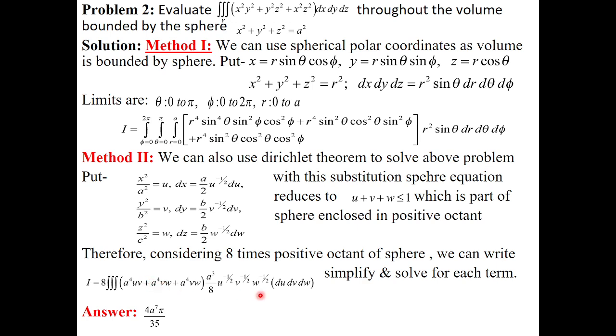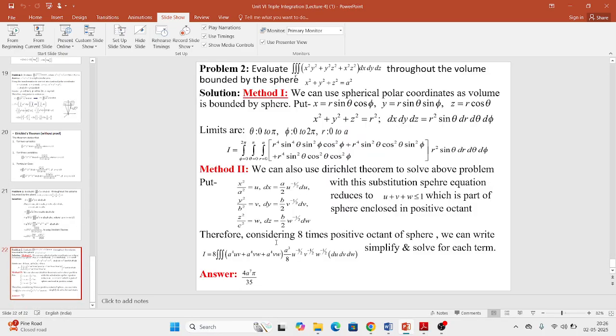On applying the theorem, your question may be that addition is there, but can you observe u, v? So u to the power 2 minus 1, v to the power 2 minus 1, and w to the power 1 minus 1. So the same values are there. So you find out one by one each of them and just multiply, and add all three, so you will get the required answer. So comparatively, applying the Dirichlet theorem is really very easy.